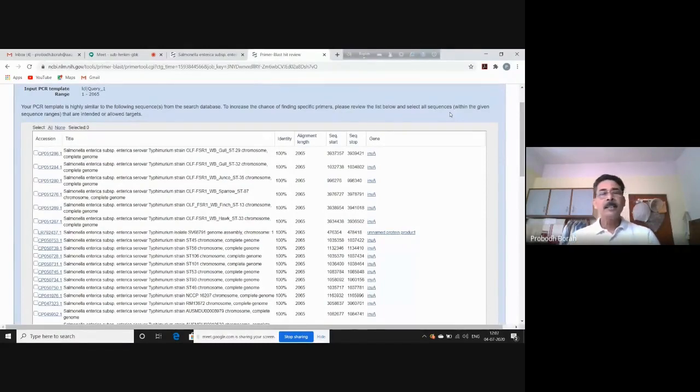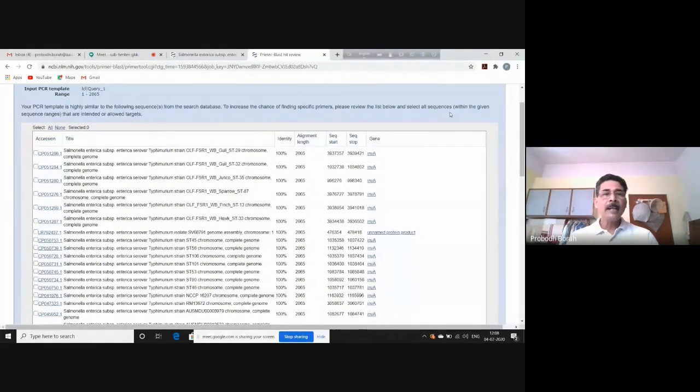Okay, that means the system is confused now because it has found sequences in the NCBI database with a high level of similarity to our template sequence. It is therefore asking us against which particular strain or which particular sequence in the database we want to produce our primer pair.